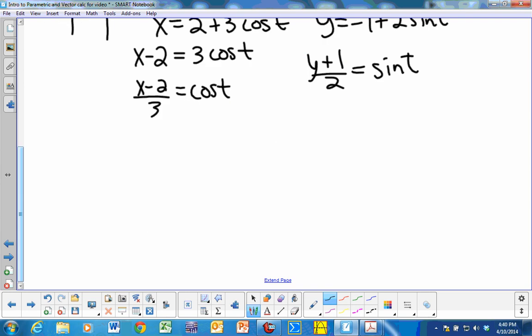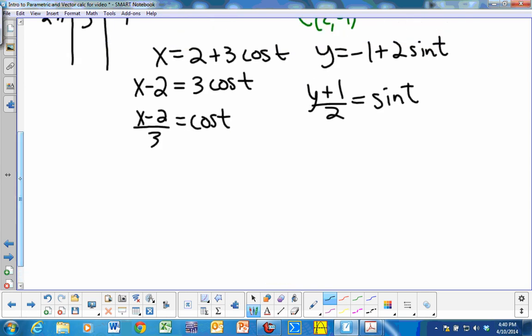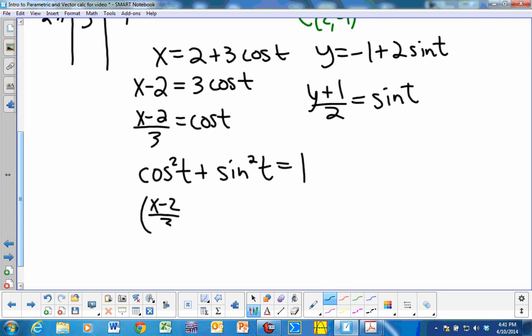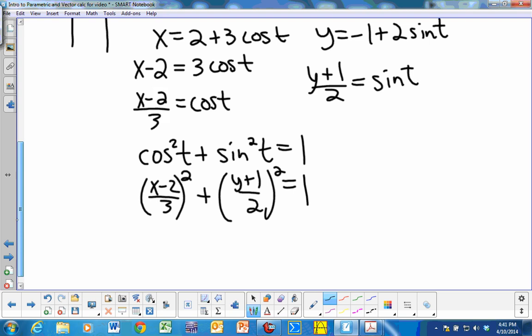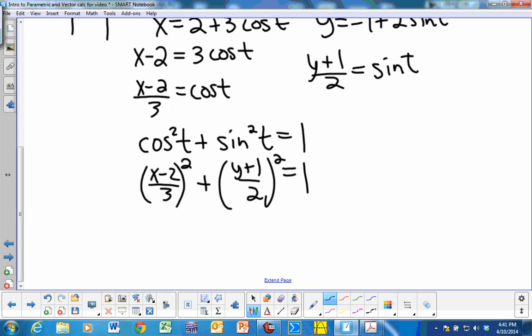Now, why was that helpful? Well, we've got a trig function here. If we remember our Pythagorean identity, we know that cosine squared plus sine squared equals 1. So instead of cosine squared, I can write x minus 2 over 3 squared plus y plus 1 over 2 squared, and that equals 1. And so I've eliminated the parameter. There's only x's and y's now, and if I simplify it a little bit, you'll see that we do in fact get exactly what we just wrote